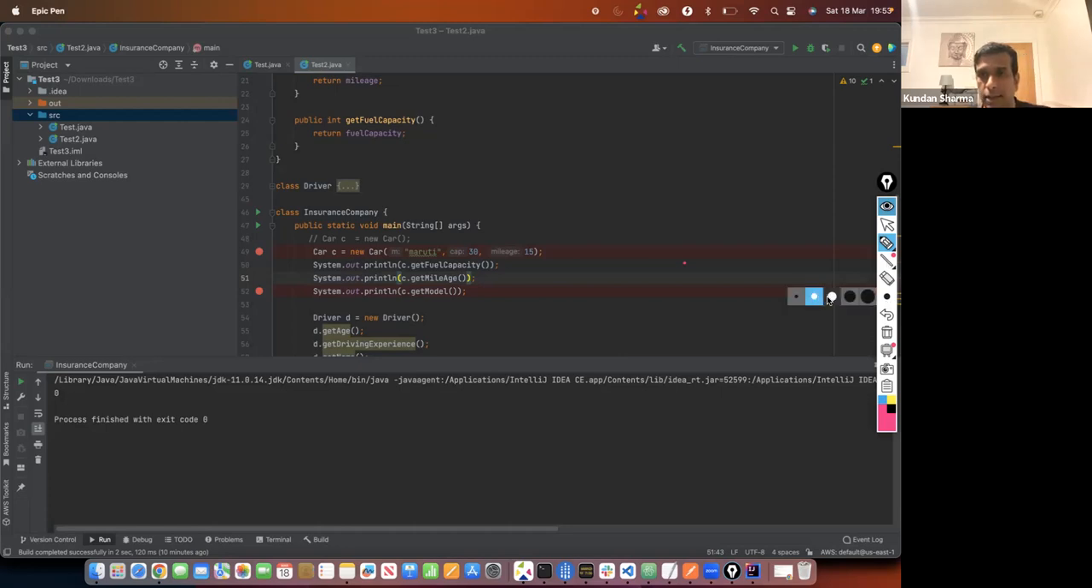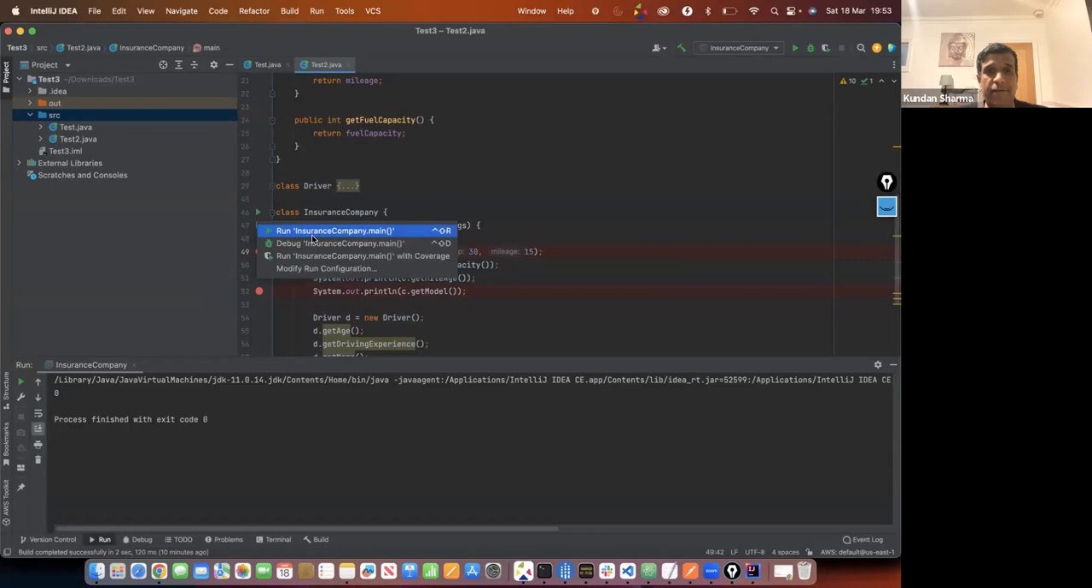So now let's understand this. If I want to execute this program and understand how it executes step by step, what is the starting point? The starting point is always the main method. So if I do a right click here and choose debug,